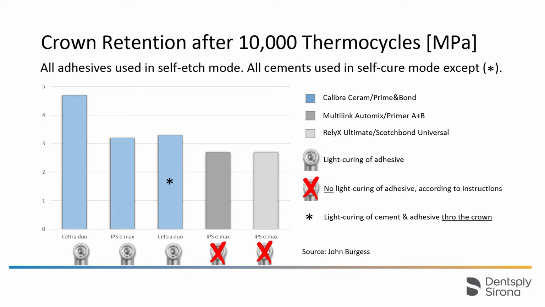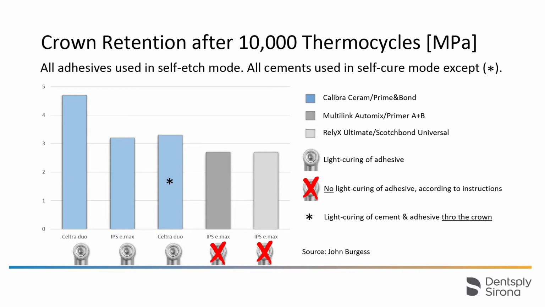Studies by the University of Alabama in the United States have shown that Calibra reliably retains restorations, even after simulated aging. After 10,000 cycles of so-called thermal shock stress, in which crowns cemented to tooth structure are stressed by temperature fluctuations between 5 and 55 degrees Celsius, the crowns were removed from their dies and the force required to remove them measured. The cemented crowns were fabricated using the silicate, respectively, glass ceramic Celtra Duo from Dentsply Sirona and IPS